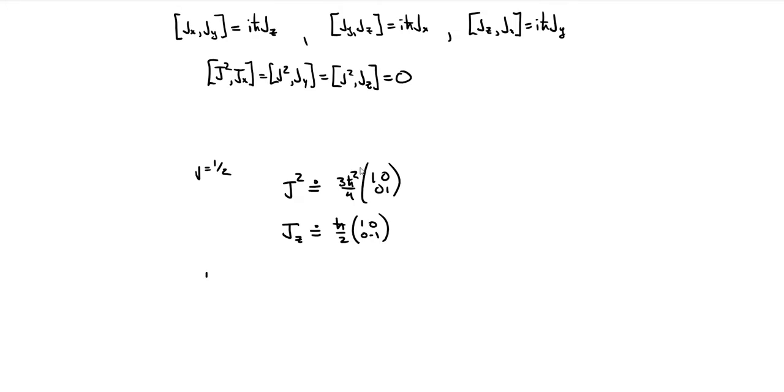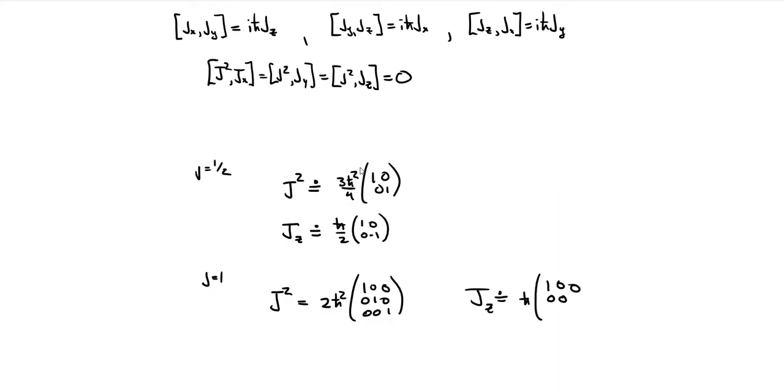Similarly, if you think way back to the spin 1 system, we had J squared written as 2 h bar squared times that identity operator, and the z component in that was h bar times the matrix 1, 0, 0, 0, 0. And we looked at a lot of things like this, but basically,